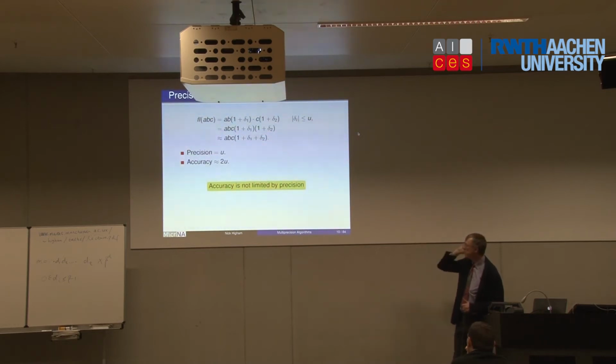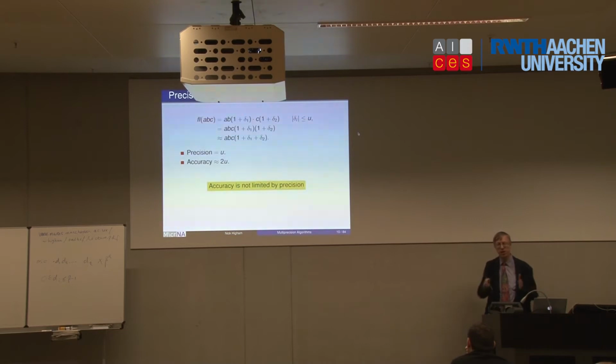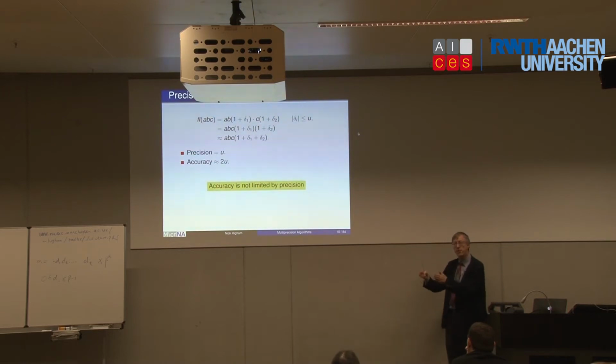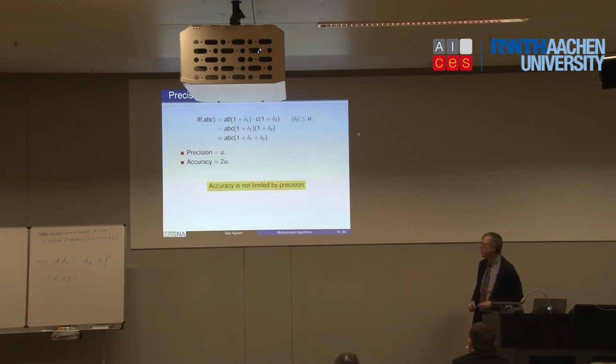But in fact, as pointed out in the yellow box there, that's not necessarily true, because you can always calculate arithmetic of higher precision using arithmetic of a given precision. So there are ways of simulating quad precision, but all your variables are double precision variables. And there are many papers on this over the years. So it would actually be wrong to say that accuracy is always limited by precision, because you can simulate, essentially by storing a very high precision variable as chunks of double precision variables. So you need to be a bit careful about any statements which you might be inclined to make about the limits between precision.